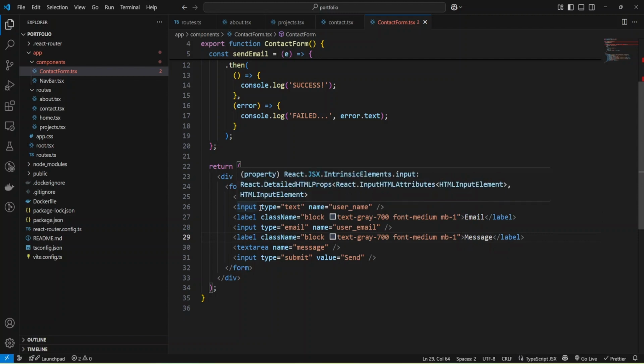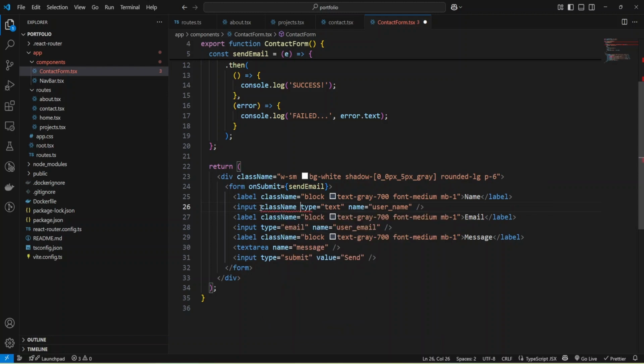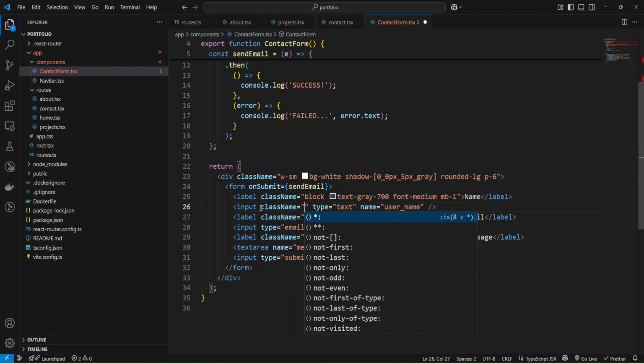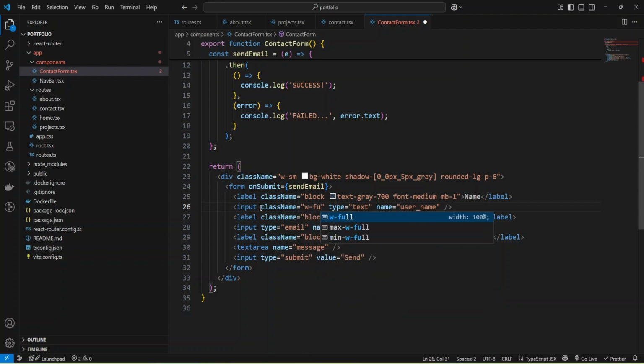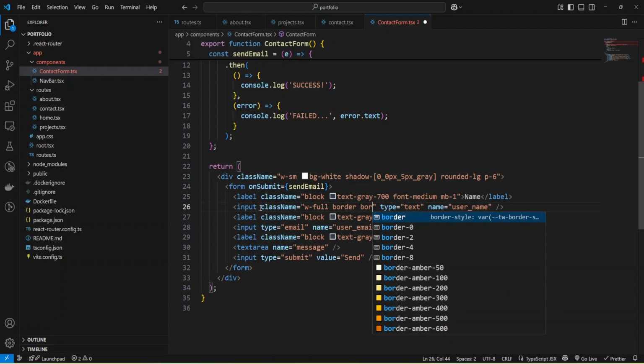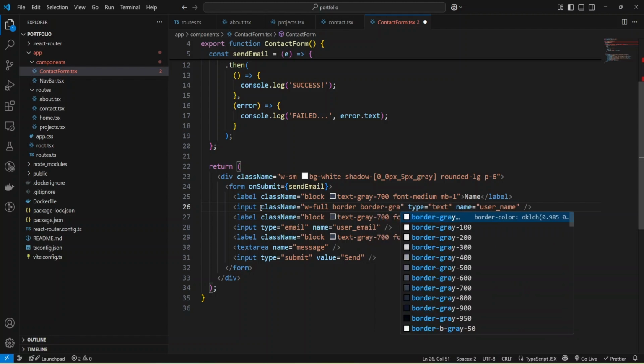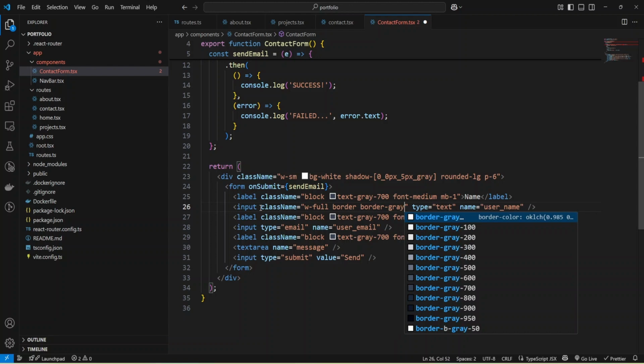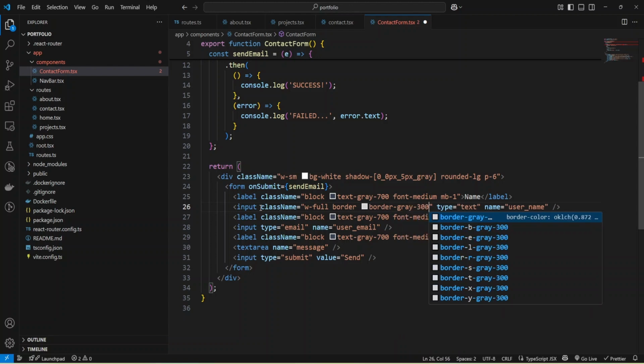And now we can add styles for the input. For the input, I'll create a class name and I'm going to make it width full and also add some border and provide some border color and make it gray 300.